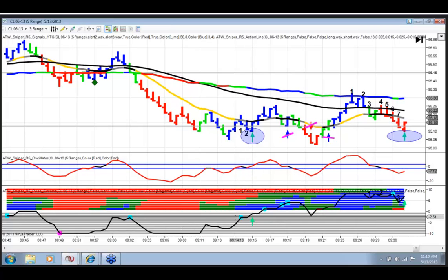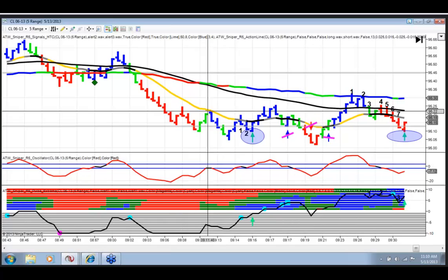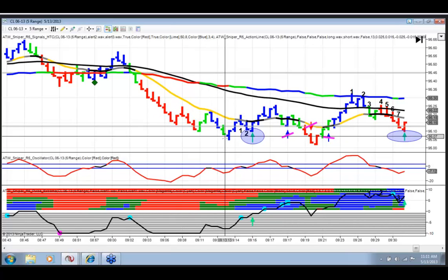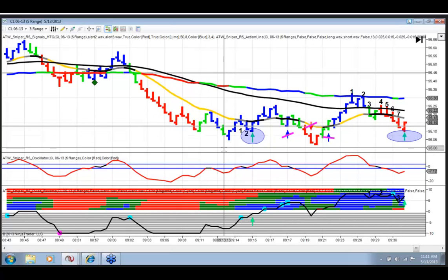We have no down move in the pulse line, and we have an up close price bar, and we have an up hook. Long at the open of the next bar. Nice easy winner. This move down here with those three moves down would have been a trade as well if